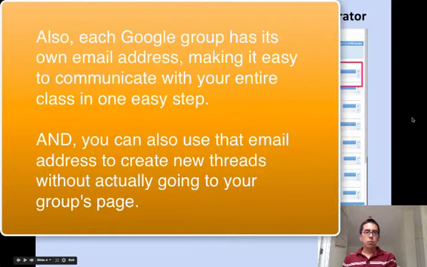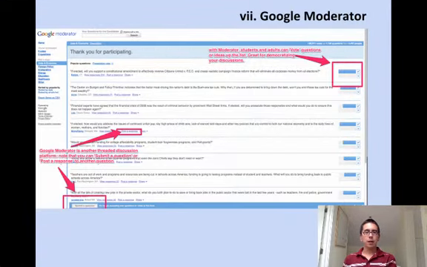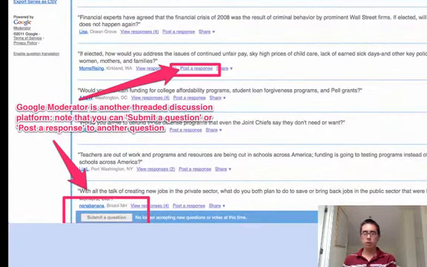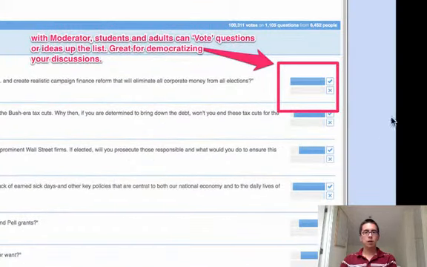Very similar to Google Groups, but a little bit newer and with one very cool feature, is Google Moderator. As you can see from the screenshot, Google Moderator is a threaded discussion, just like Google Groups and the Haiku discussion. But what's interesting about Google Moderator is that it has a democratic component. What that means is people can vote on contributions to the discussion that they find particularly useful or they just happen to like. And so it really adds a nice low-stakes interactive component to a conversation